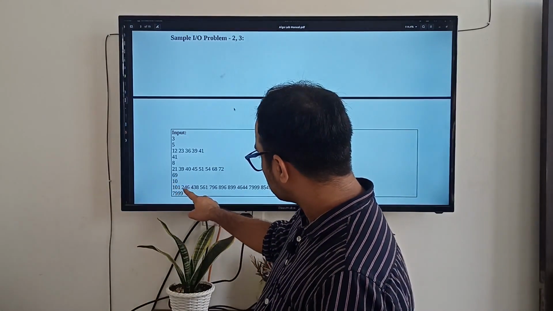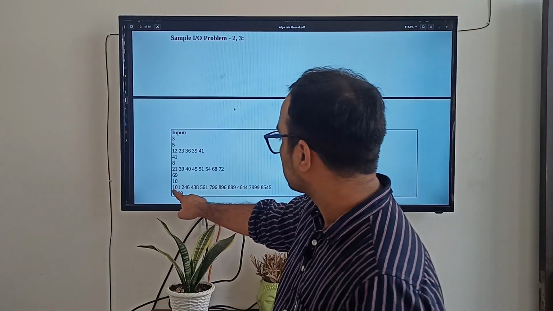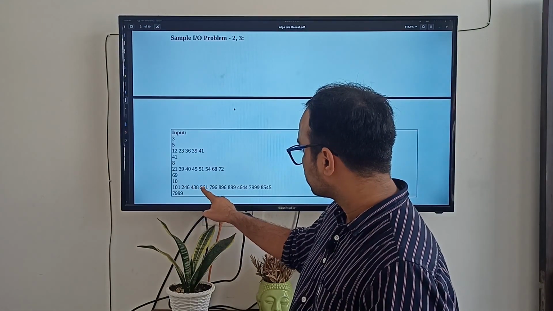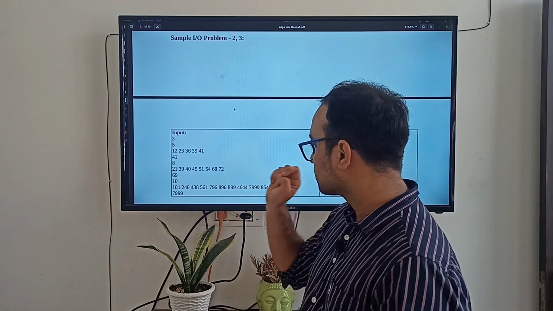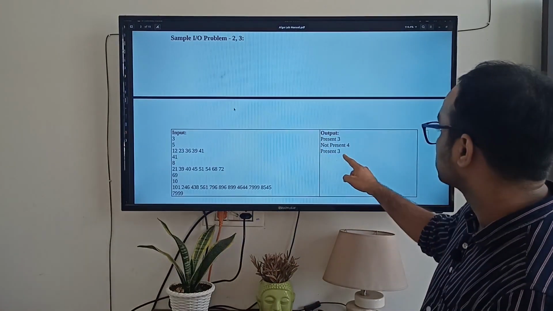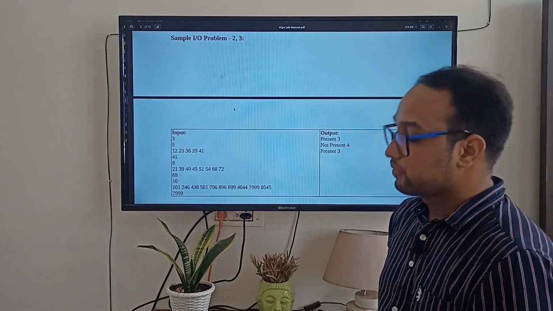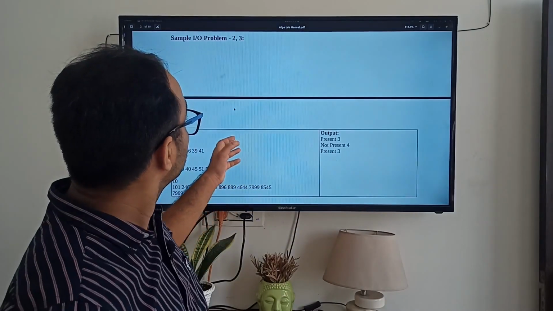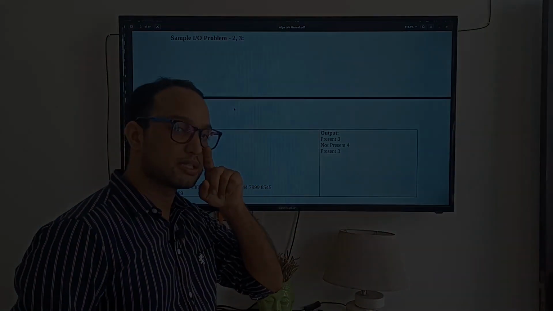After that, in these 10 elements, if it is linear search, we need to perform 1 2 3 4 5 6 7 8 9 comparisons, but here we have 3 comparisons only, right? So these are sample test cases for the second and third problems.